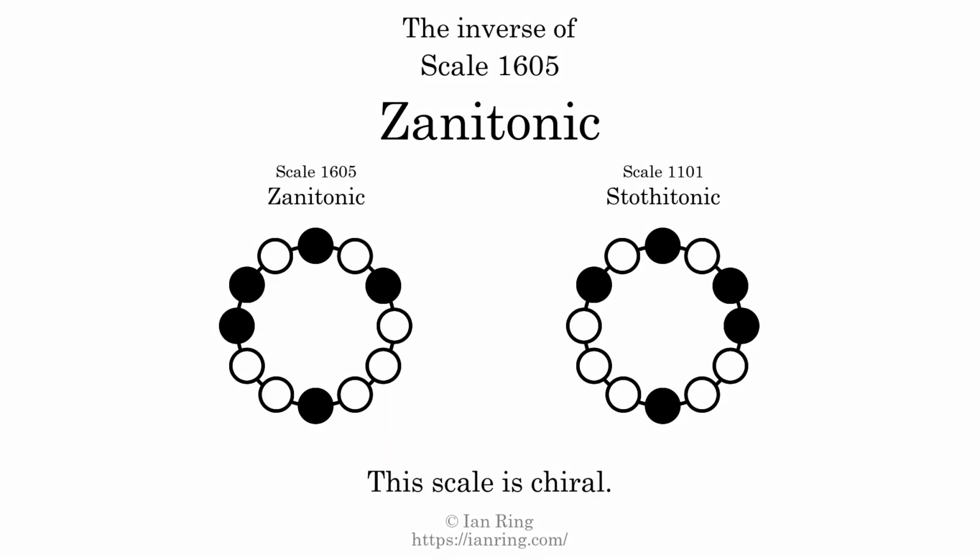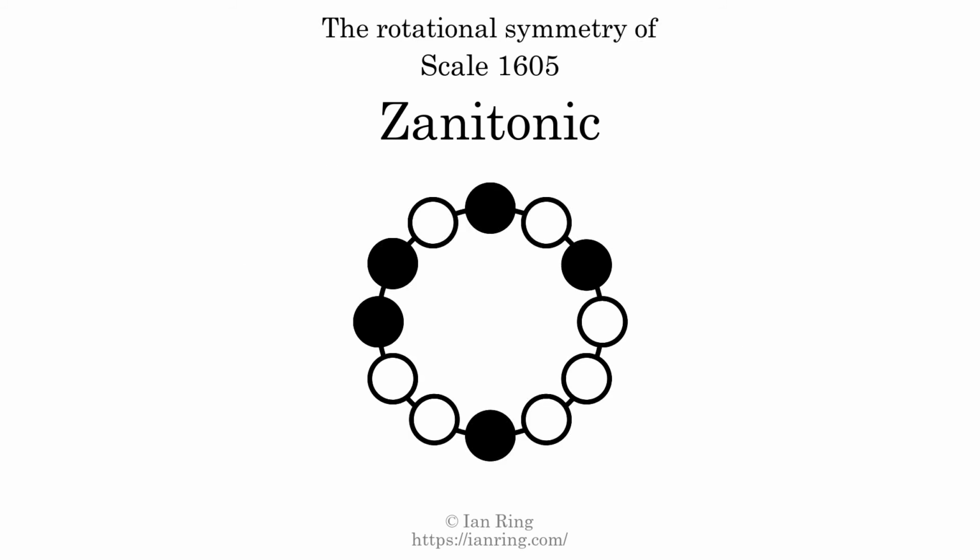The inverse of a scale is a mirror image. It is what you get when the sequence of intervals is reversed. The inverse of this scale is scale 1101, also known as Zanitonic. This scale is chiral. It cannot transform into its inverse by rotational transformation. This scale has no rotational symmetry. For even more detail about this scale, visit